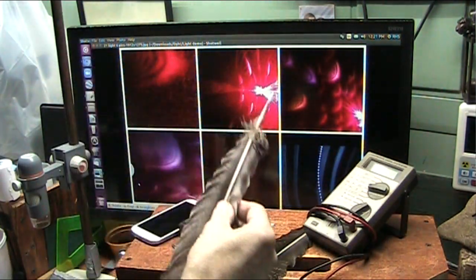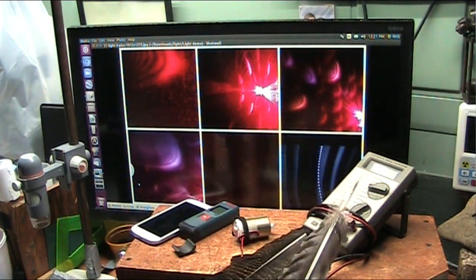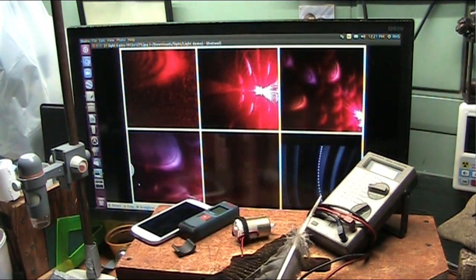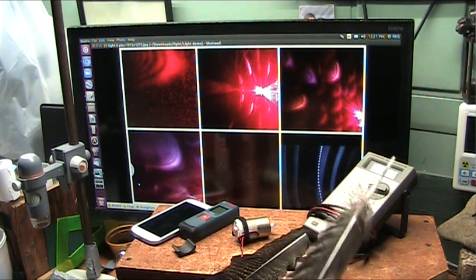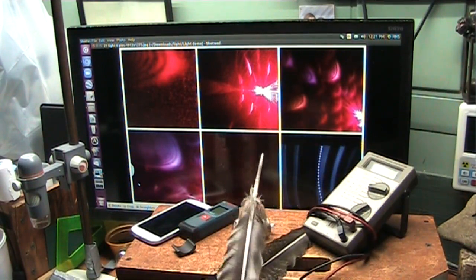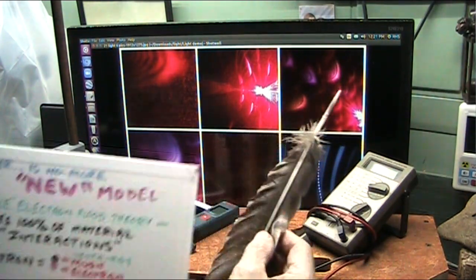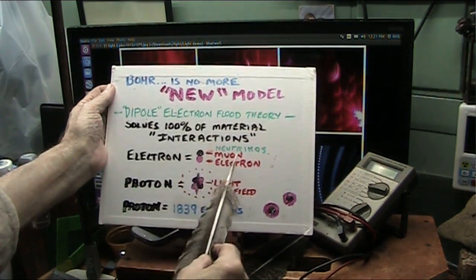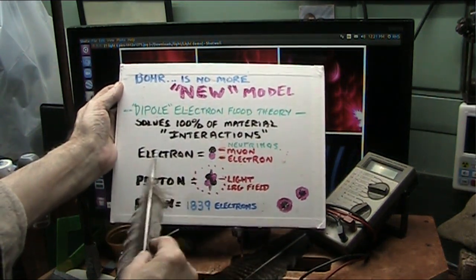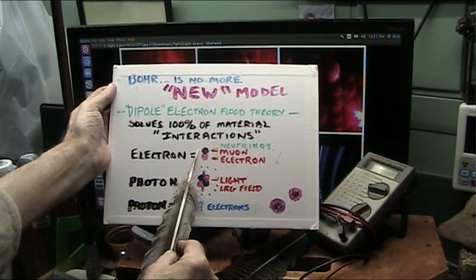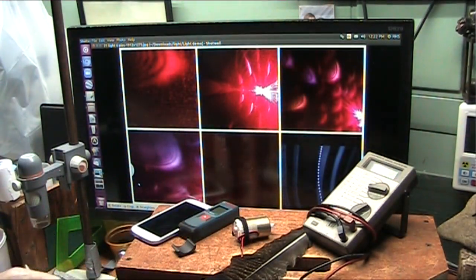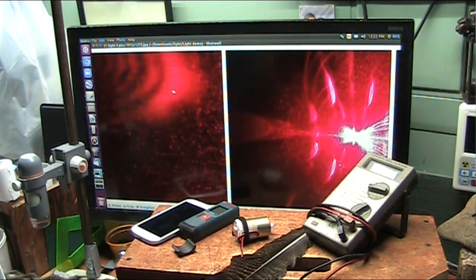Okay, so according to my theory, what did we learn today? We learned that the proton is not one gigantic big particle. It can be broken down. This is fully understood. They just didn't realize that it's all made of the same small particles, the muon and the electron neutrinos, which we would consider to be an electron, but nobody's ever seen a black particle. Now, I show the black particle and the light accelerating, so we know that light is a wave and it has a particle and it can accelerate.